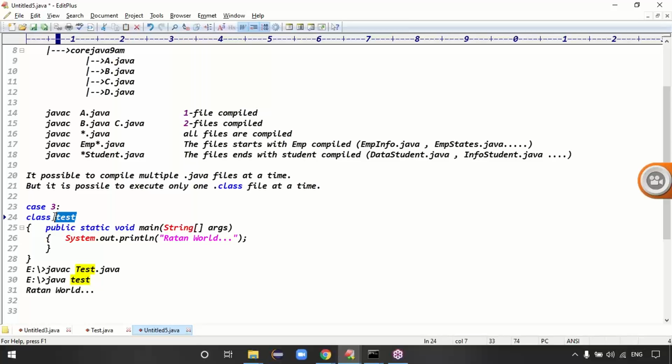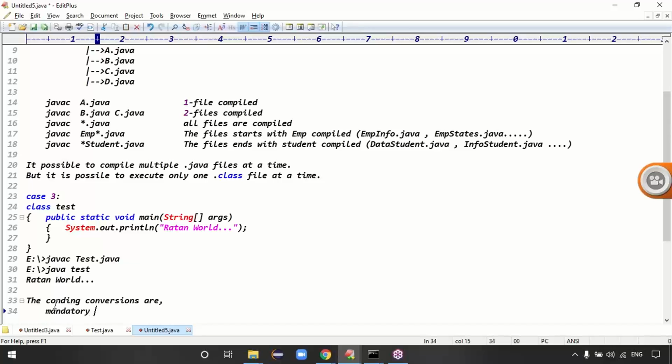Guys, are you clear now? It is recommended to follow the convention, right? Exactly. Then tell me, guys, what is the conclusion here? The coding conventions are mandatory for the predefined library and optional for the user defined library.